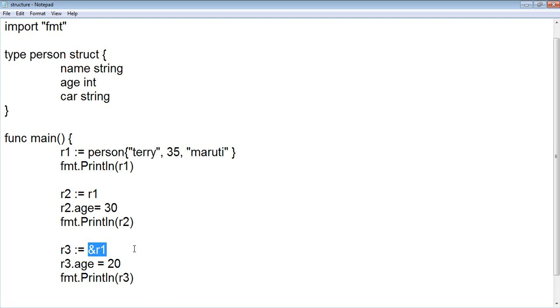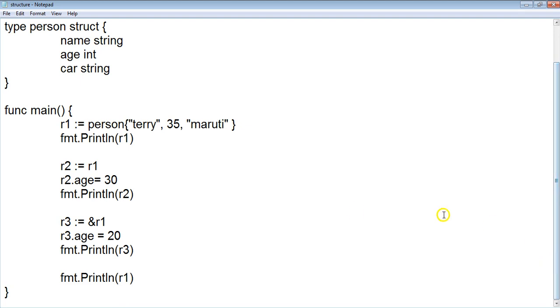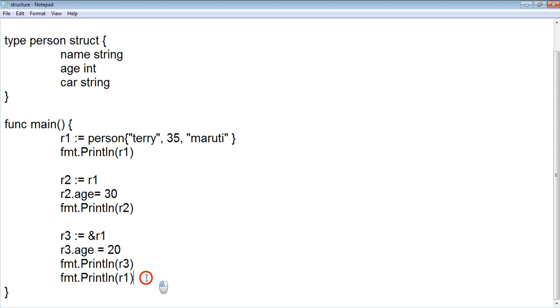So r3 is a pointer which points to r1's address, a structure pointer reference. When we change the value of r3.age to 20 and print r3, not just the r3 value gets changed, but the r1 value gets changed as well. That's the very reason I am also printing r1, to show you that when r3 changes, r1 changes as well.